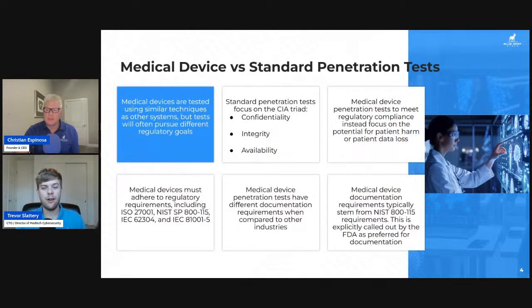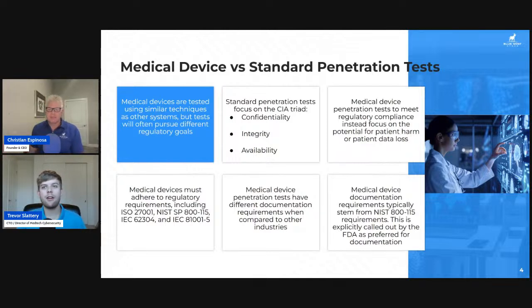While these are still very important metrics to go by and very important things to target during a medical device penetration test, there are a couple more things we have to consider, namely the potential for patient harm and the potential for protected health information loss. That's usually going to be our main focus when we're performing a medical device test. Can we hurt someone? Can we disclose